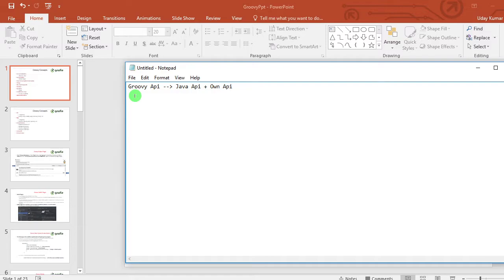So, the prerequisite is to install Java for installing Groovy, and we need to set the environment variables for Java.